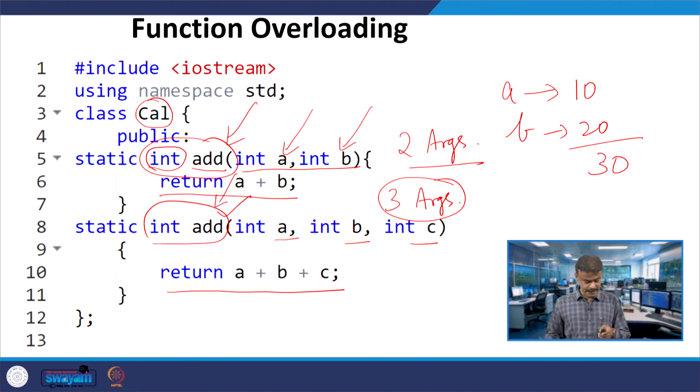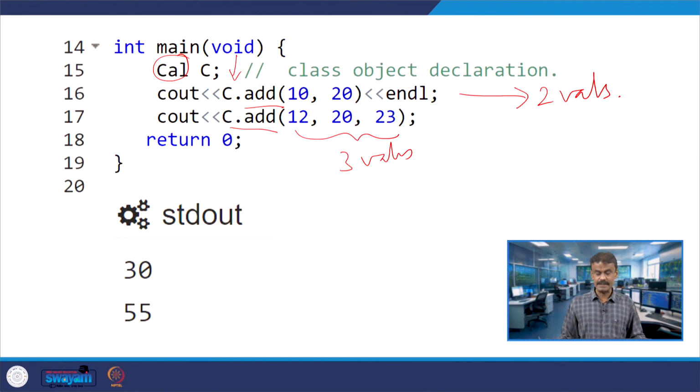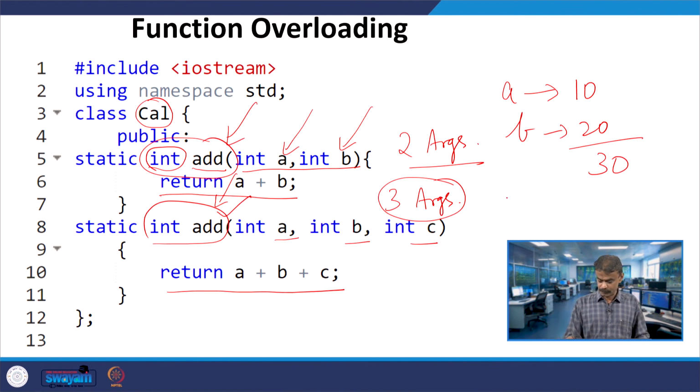In the second case you are passing 3 values, 12, 20 and 23, pass by value. Since you have passed 3 values, the 3 argument member function will be called.